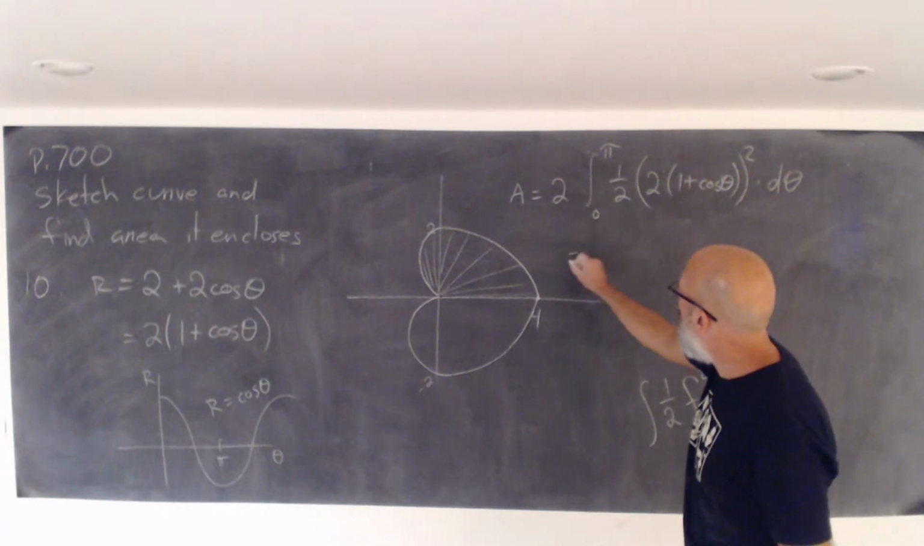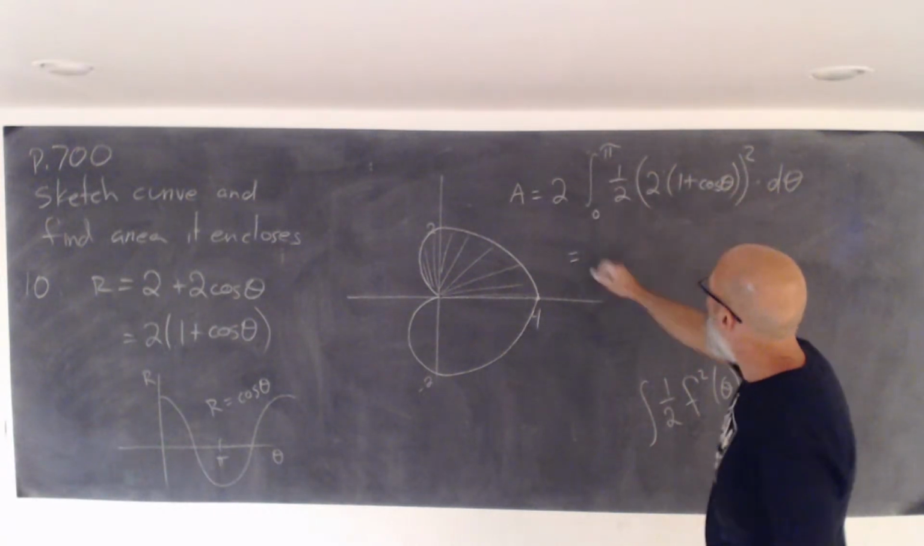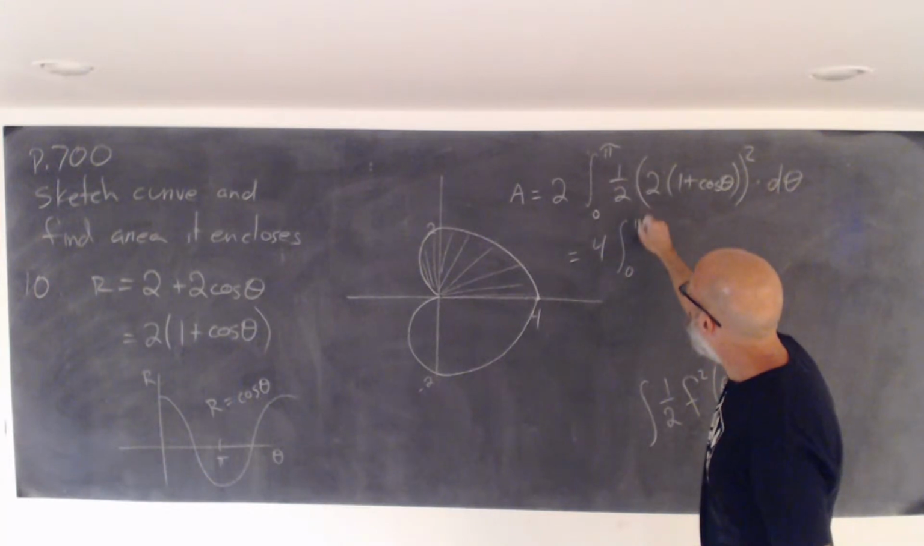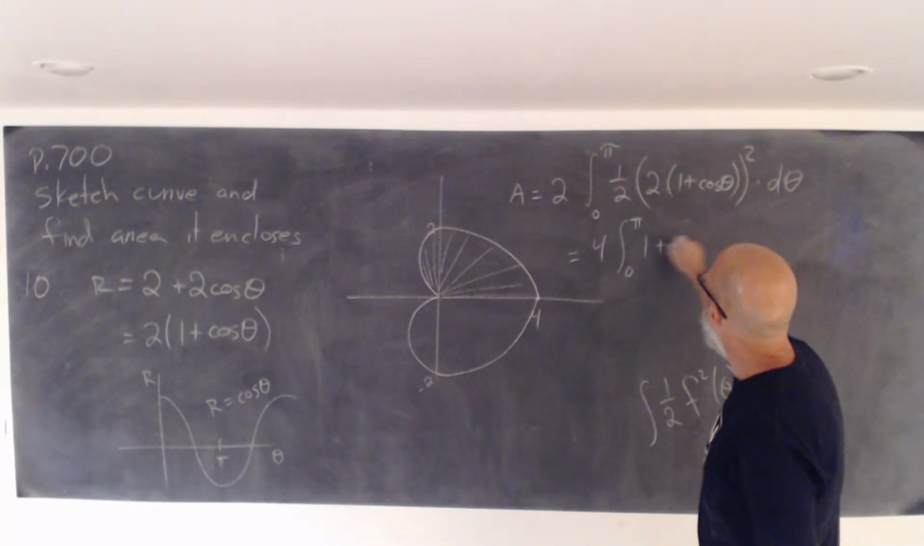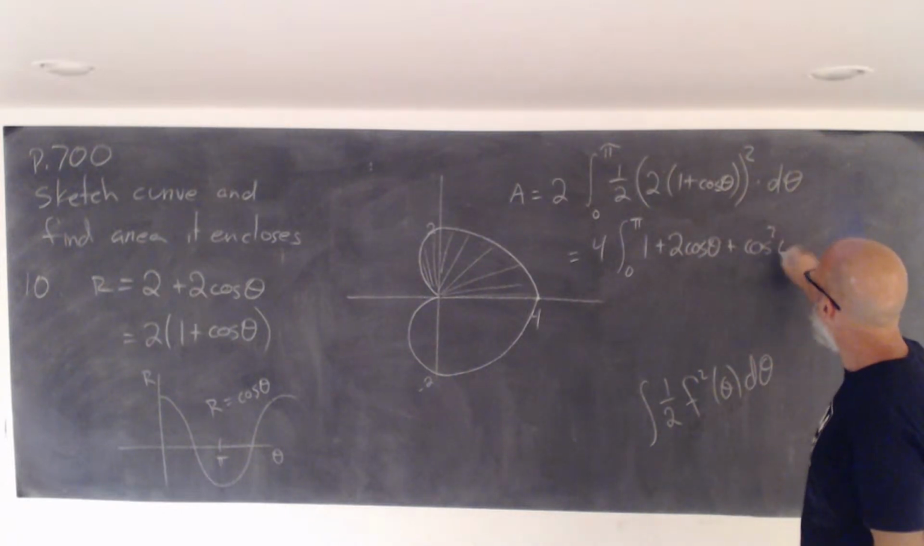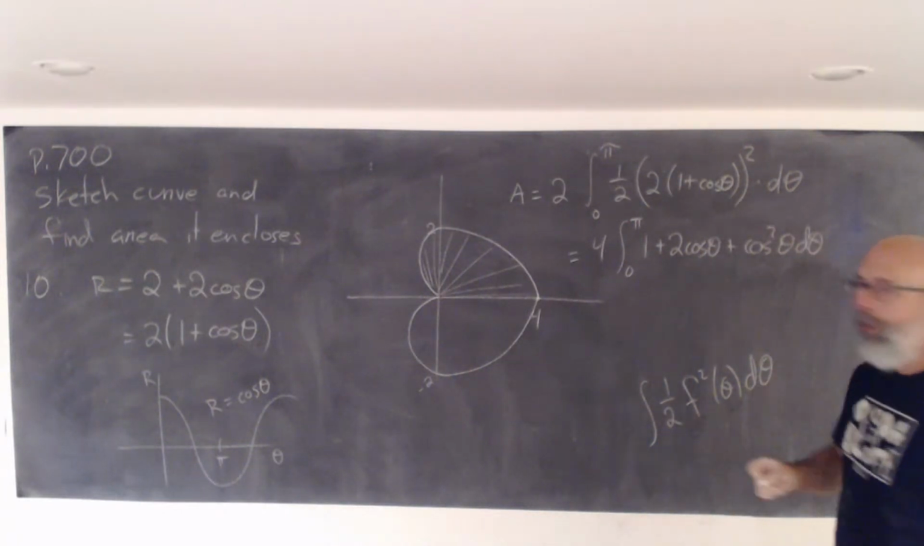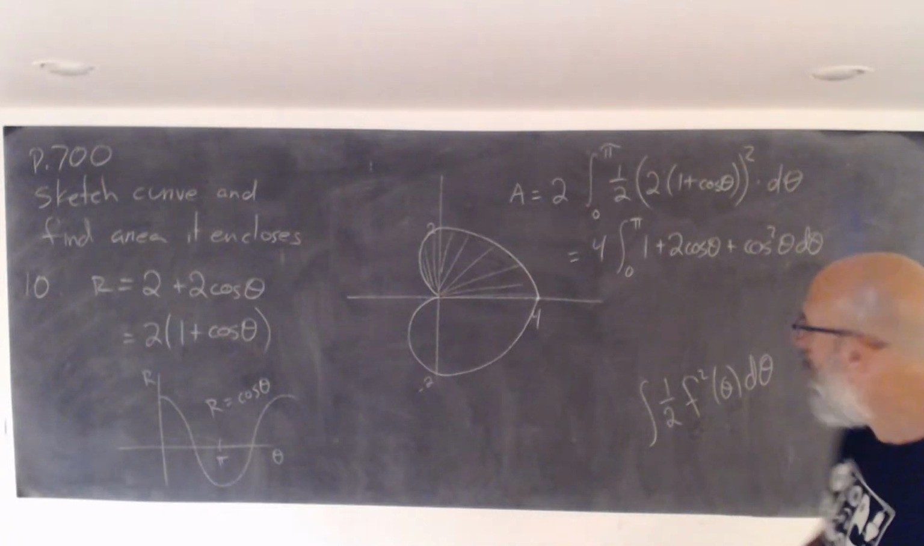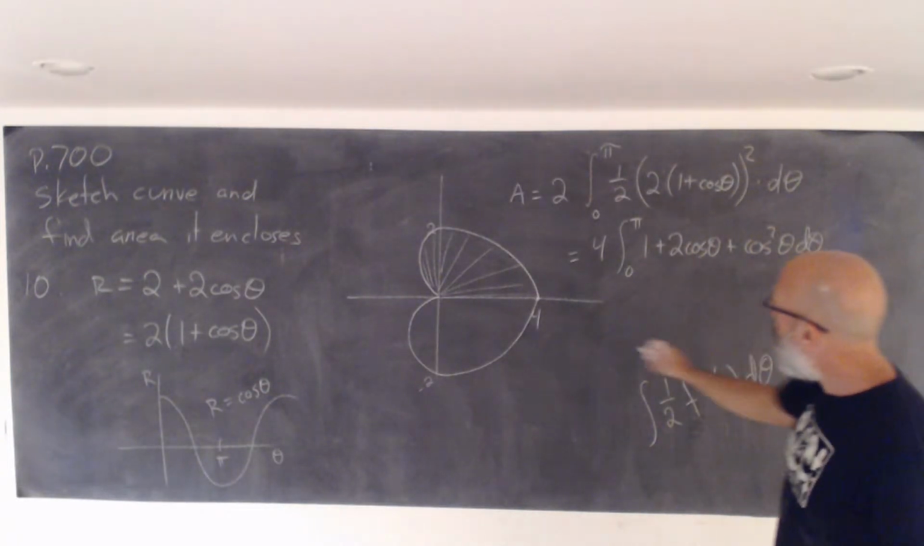1/2 and the 2 cancel out. 2 squared is 4. It's 1 plus 2 cos plus cos squared. You know how to integrate all of these things. The cos squared